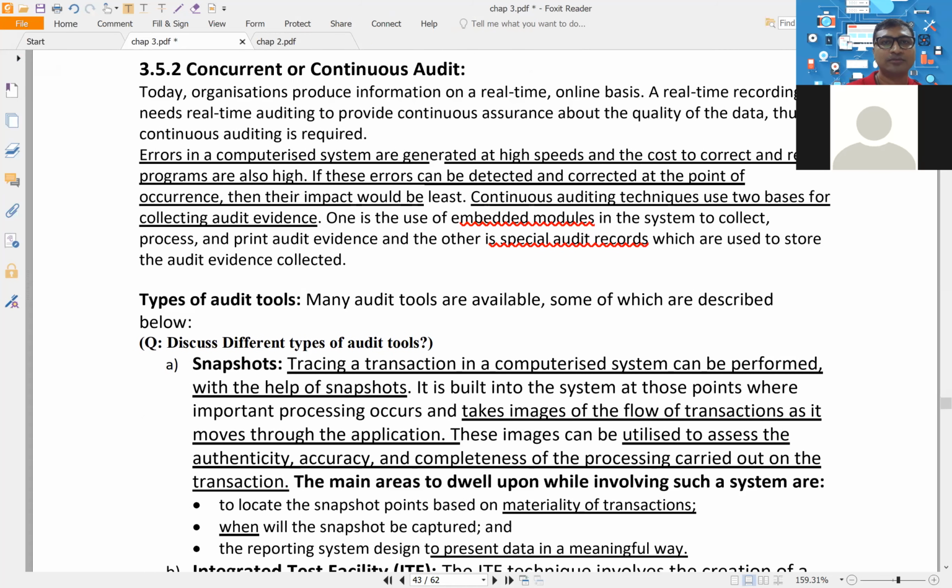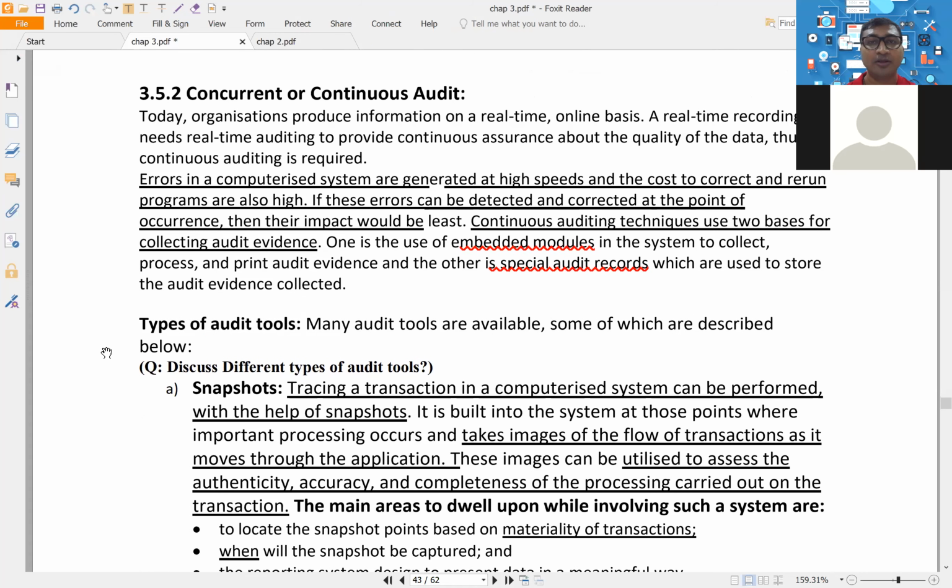But the problem is, in today's practical world, all the companies which are using systems have huge data, correct? And when the data is huge, it is practically impossible to start the audit after 31st March. Because if you start after 31st March, then you find errors, then you rectify the errors, the cost will increase and more time will be required. So there is a concept called concurrent or continuous audit, where at the beginning of the year, when you start entering your data into your system, in parallel you verify the data integrity, the controls integrity, or the functions integrity of the system.